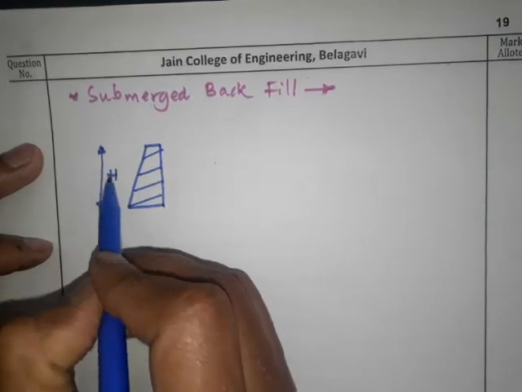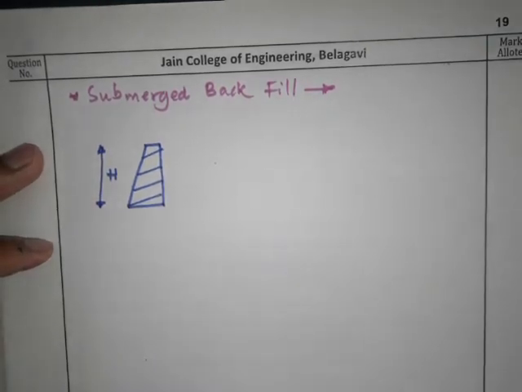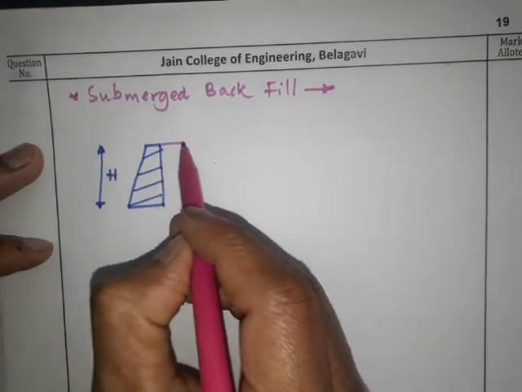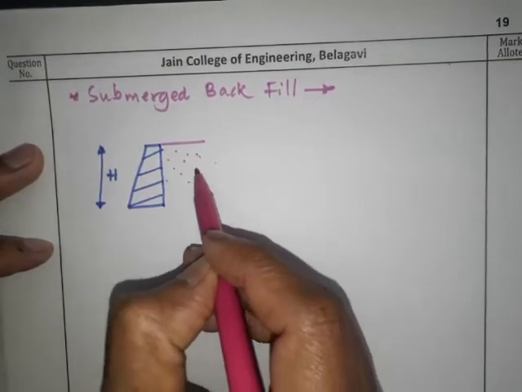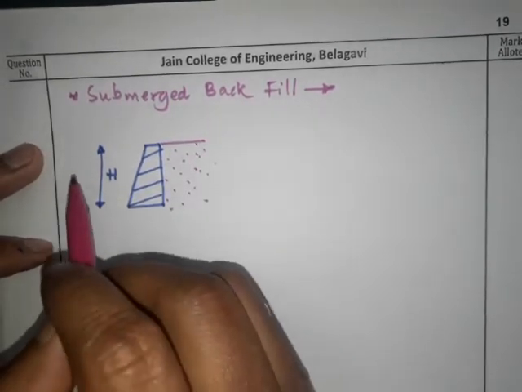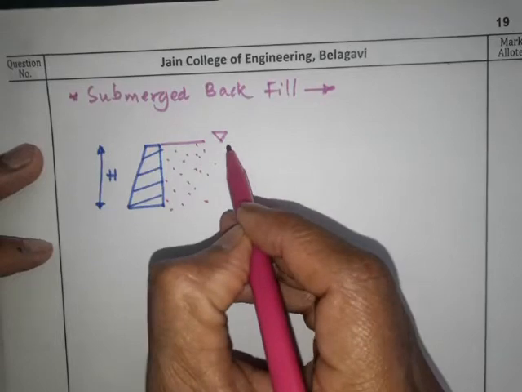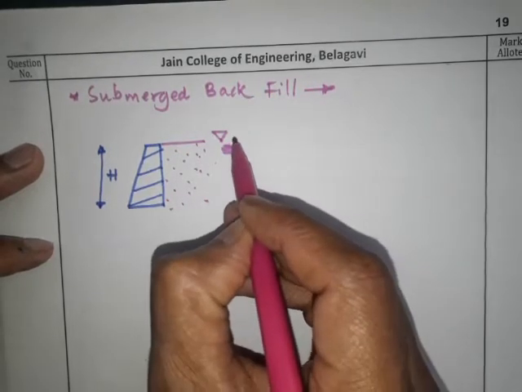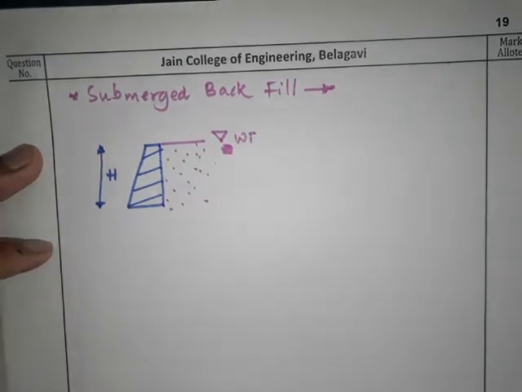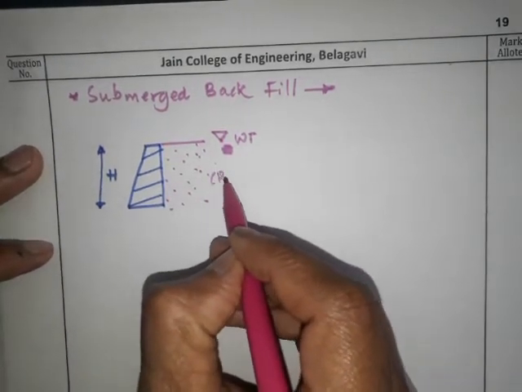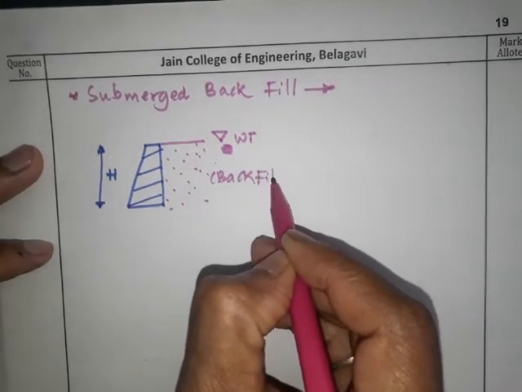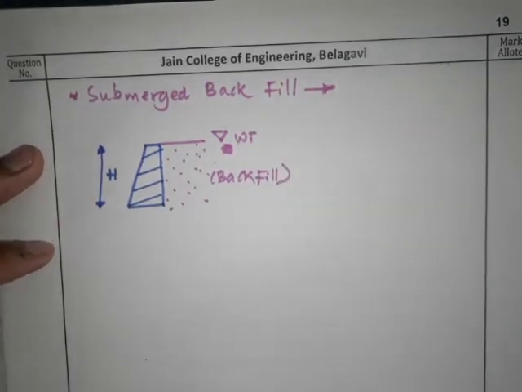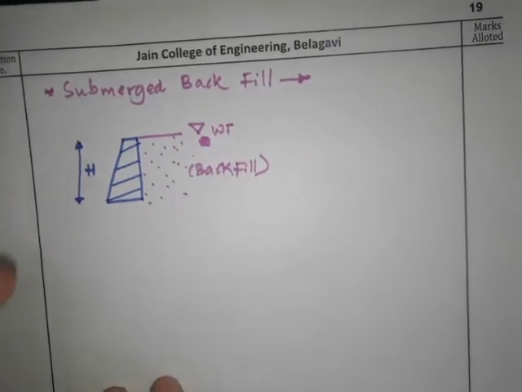Again for height h, and we have the backfill, here we have the backfill, and with water, so this is the water table, the height of the water table. So this is our backfill with water. If I want to draw the pressure distribution diagram for this,